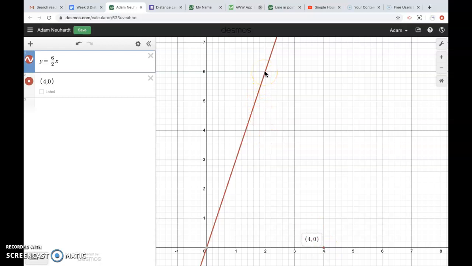So my rise, because I want a diagonal line going down, is down 1, 2, 3, 4, 5, 6. My run is 2 over. Now, something that's really cool that you can do in this graphing calculator is you click on